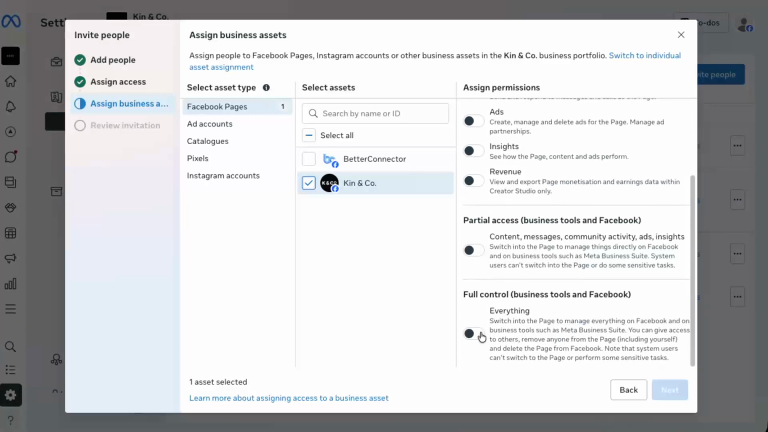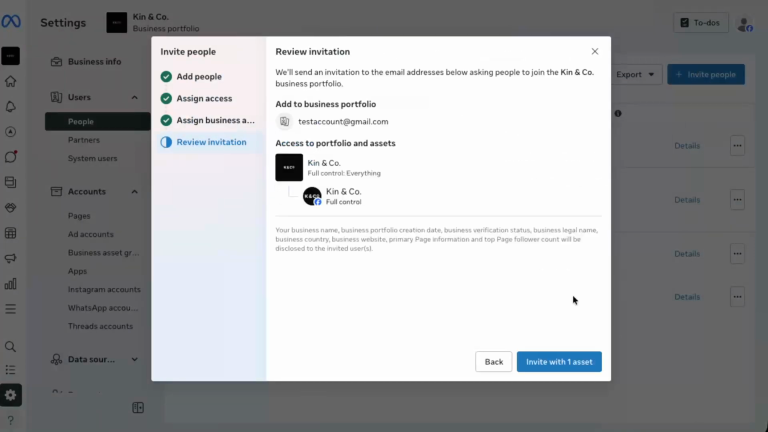On the right-hand side, you'll see another toggle to grant full control for each selected page. Turn this on as well so they have complete admin permissions for those pages. When you're done setting this up, click Next again. Finally, you'll see a summary screen, including how many assets you're sharing, such as pages. Click on Invite to send the invitation. The person will receive an email and will need to accept the invite before their admin